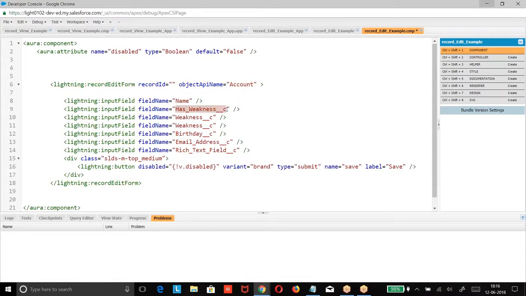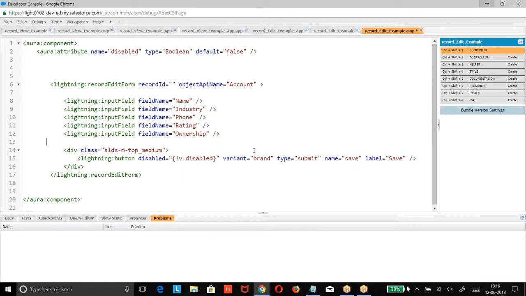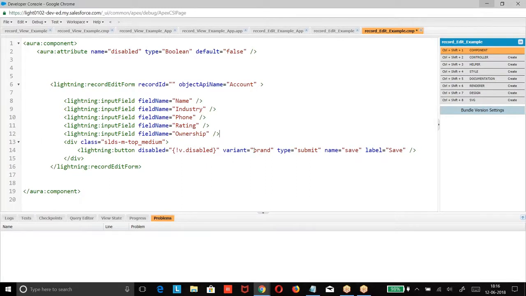Now, field names, input field name. Phone. Section for me. Then if you want to show a button, we can show it. What was this? The button is disabled. They are taking an attribute based on which the button is disabled.